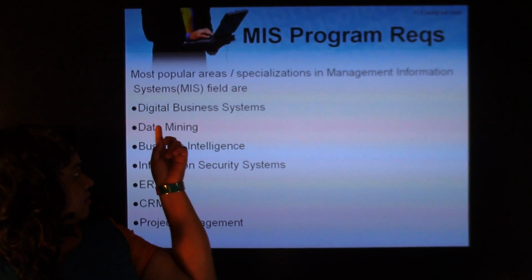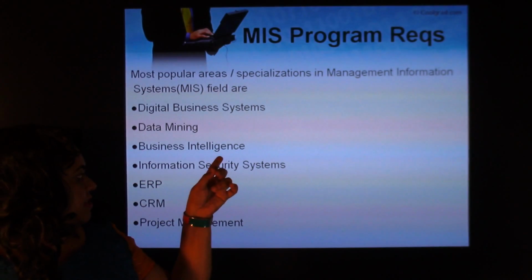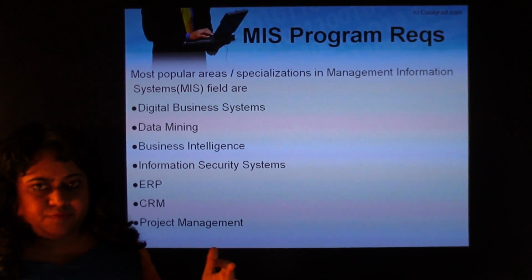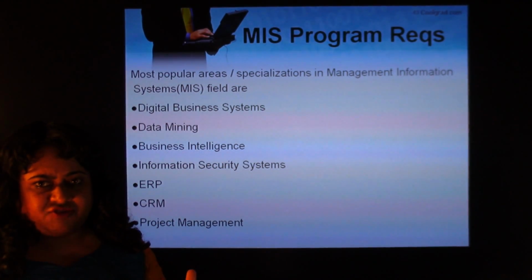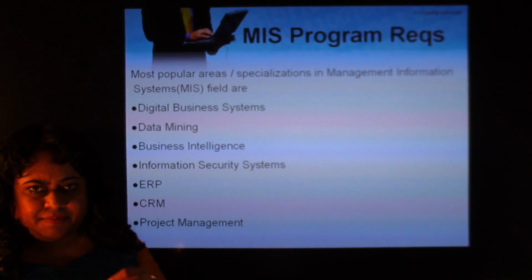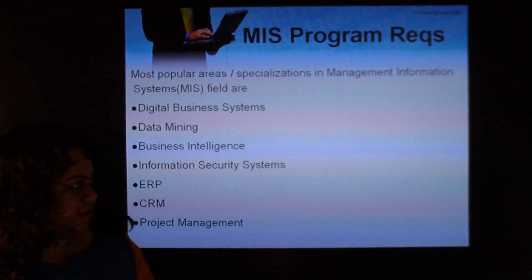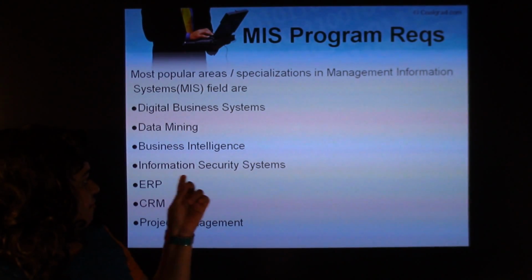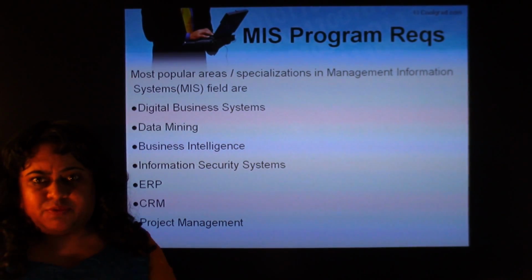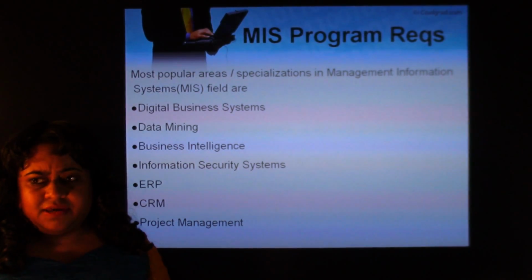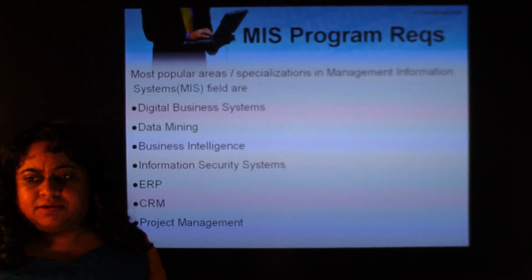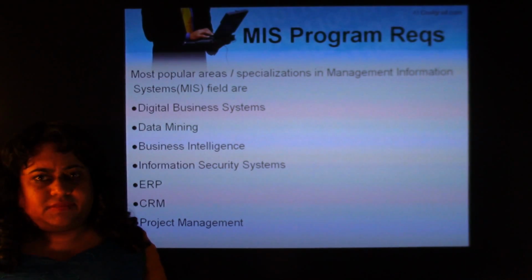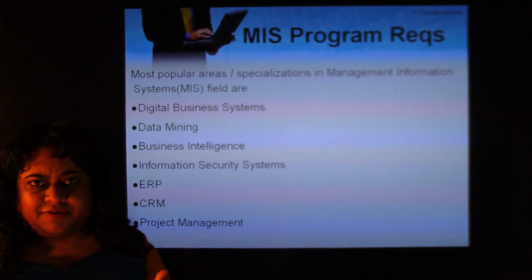You can specialize in business intelligence, for example, for which you have to take a whole bunch of 5 or 6 courses related to business intelligence, and then you get certified that you did the MIS in the business intelligence track. Or you do MIS with a specialization on information security. Then you can become a network administrator or a system administrator, and you can become an expert in information security. So you could specialize in something if you have interest in it, or you could just do a generic MIS program.